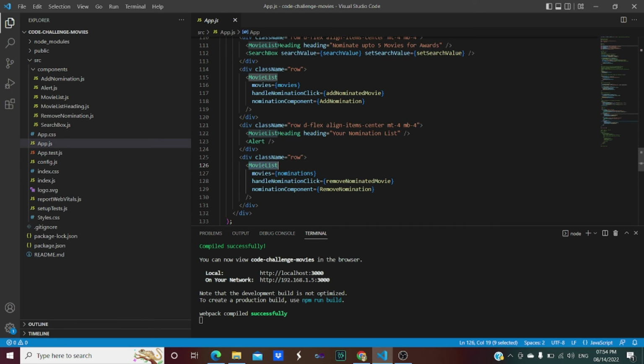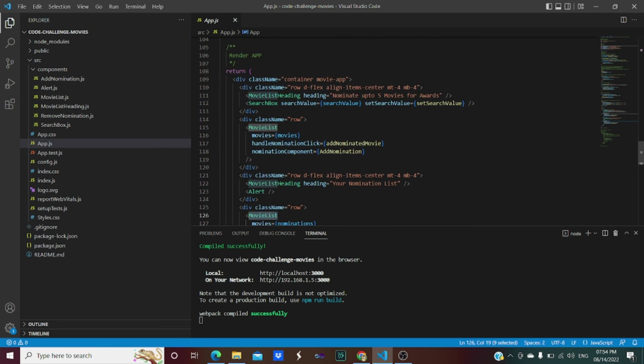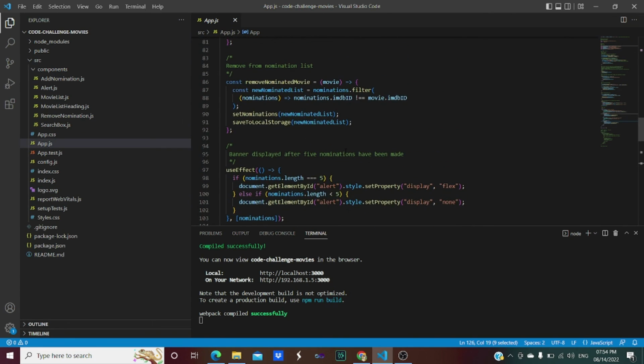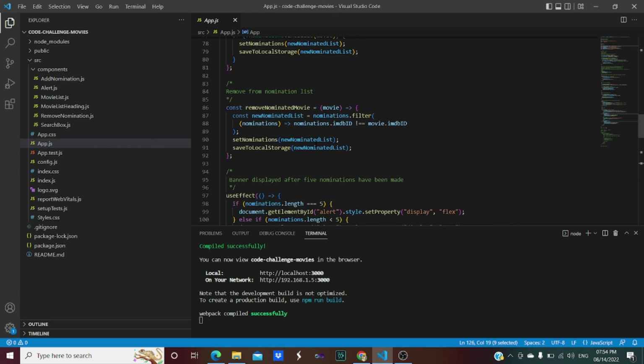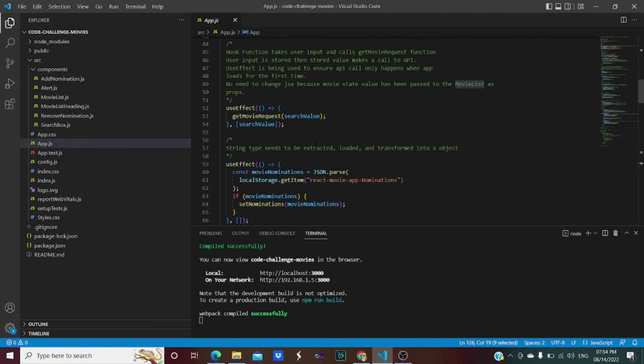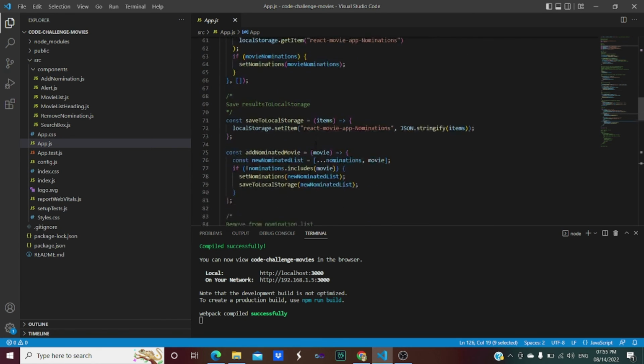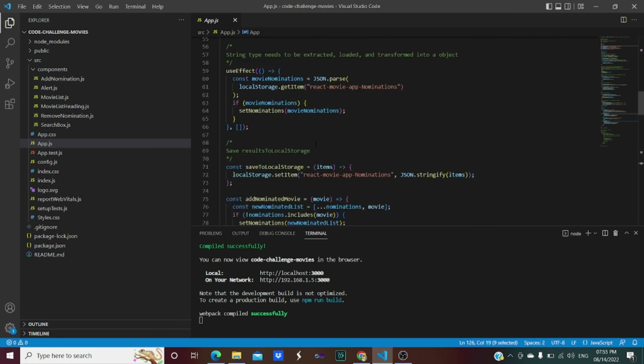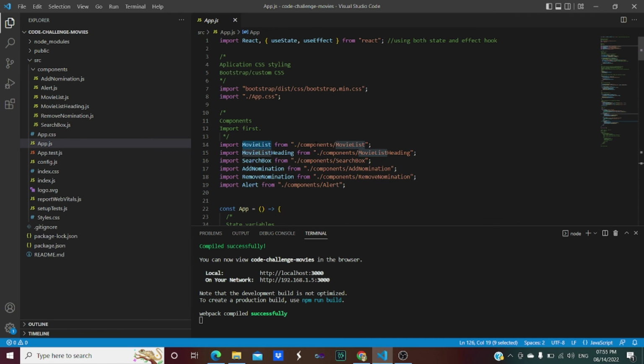See, the movie list component is also used, as you are able to see over here. Then there are hook functions developed which are used to do different tasks, and by using those many different things are done in this file. So this app.js file is actually the file with the help of which we are able to do different tasks on that page.